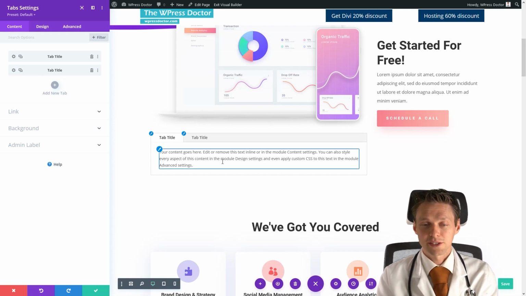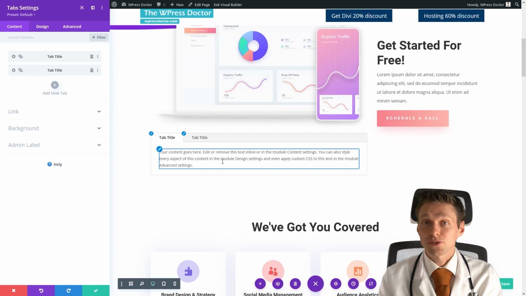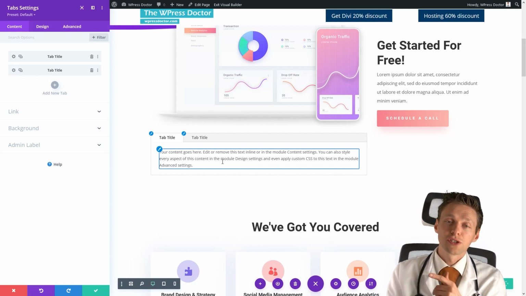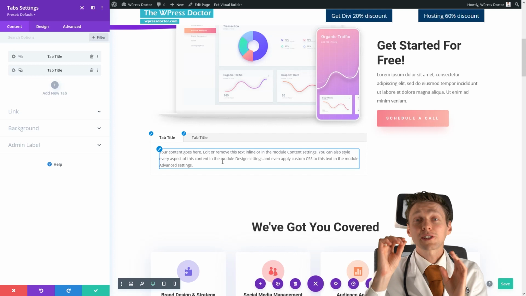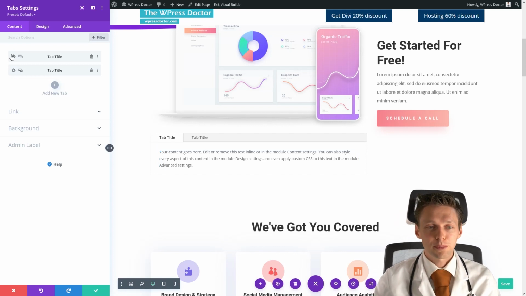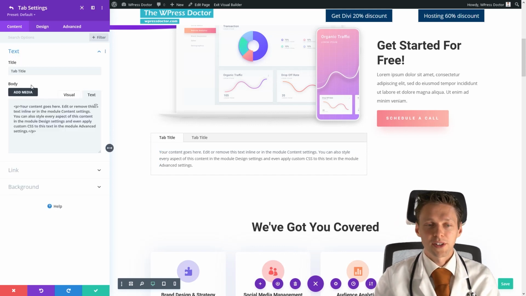or anything else. It's very useful if you want to give some more information about your journeys or your technical information, and you have different topics and you don't want to create an entire page, you just create tabs. Tabs are pretty useful. So let's give it some content right now.